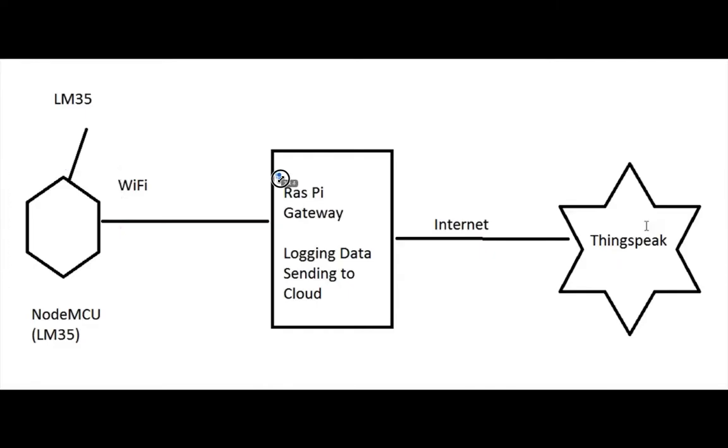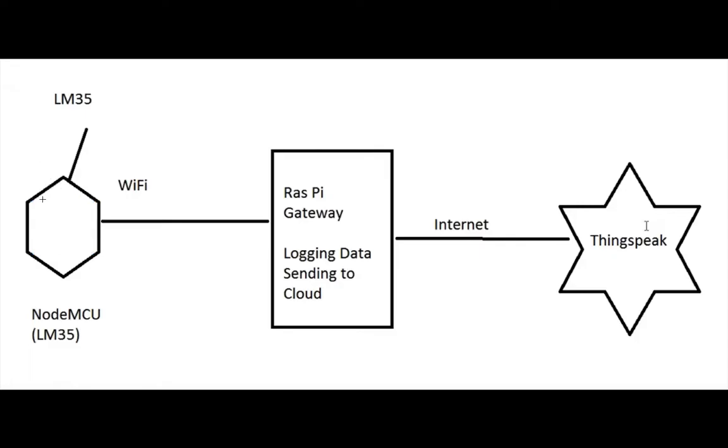The second one will be running on Raspberry Pi. That will be a Python script, but it will not be running continuously. We will trigger that Python script on Raspberry Pi using a CGI server. What is a CGI server? We have already covered it in our previous video. Using a CGI server, we can trigger a particular script or binary file from a browser or using some API from a remote location.